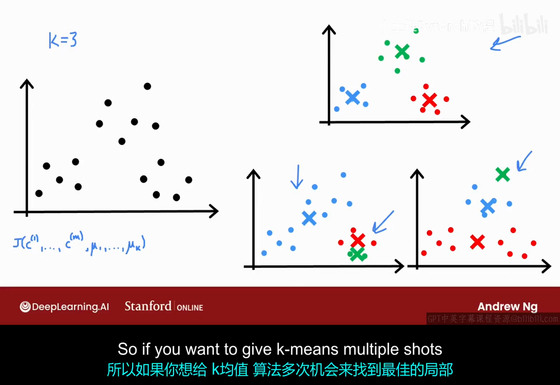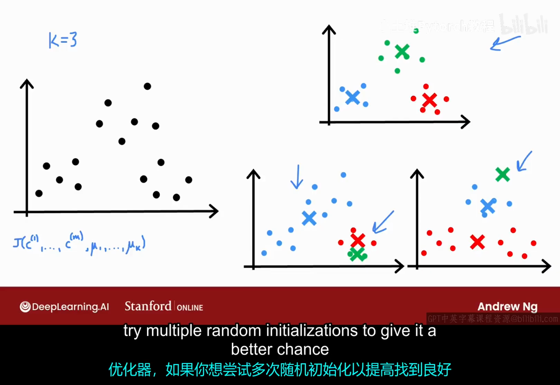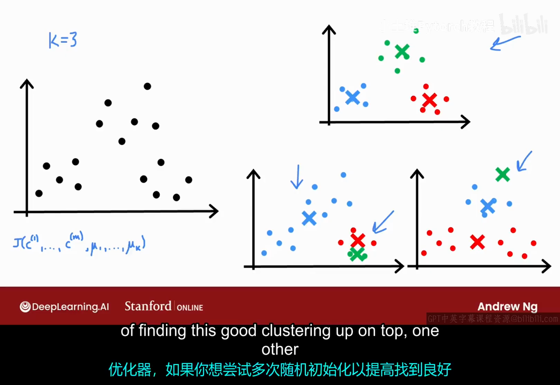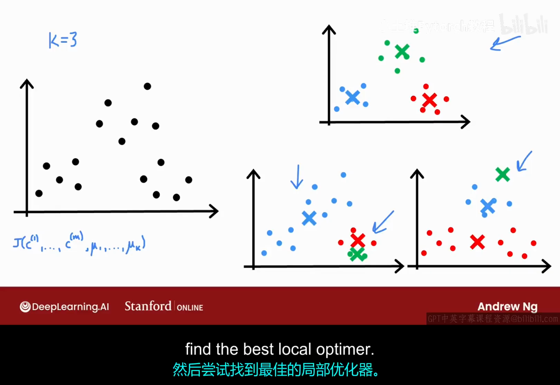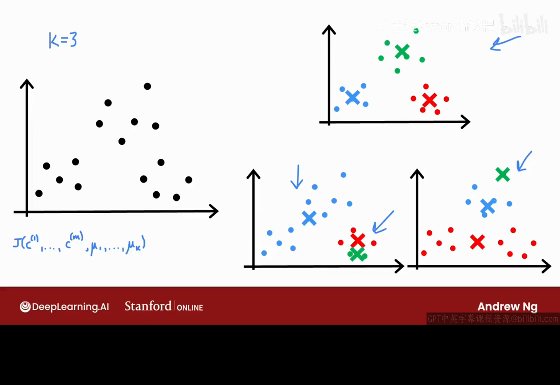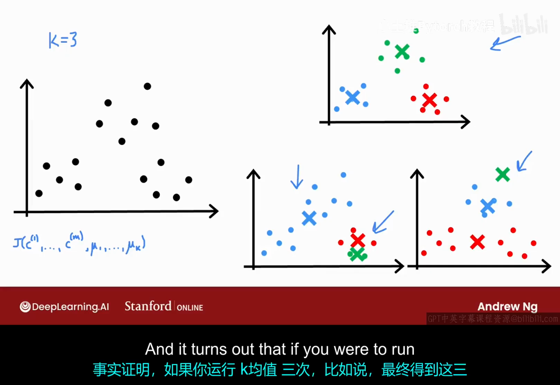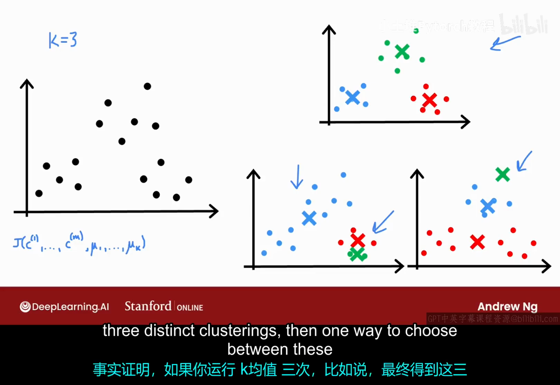So if you want to give k-means multiple shots at finding the best local optima, if you want to try multiple random initializations to give it a better chance of finding this good clustering up on top, one other thing you could do with the k-means algorithm is to run it multiple times and then to try to find the best local optima. And it turns out that if you were to run k-means 3 times, say, and end up with these 3 distinct clusterings,